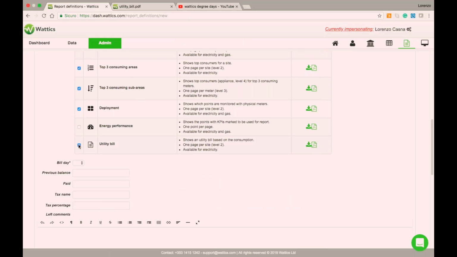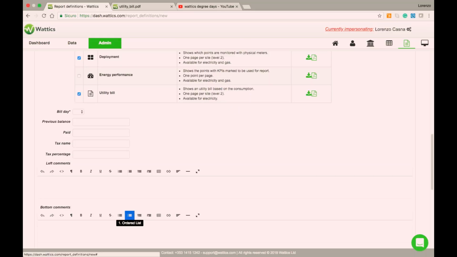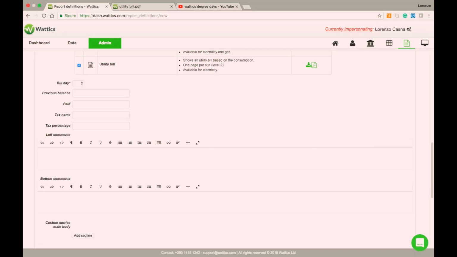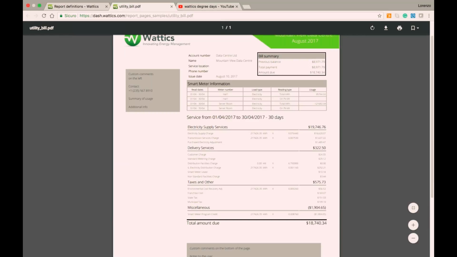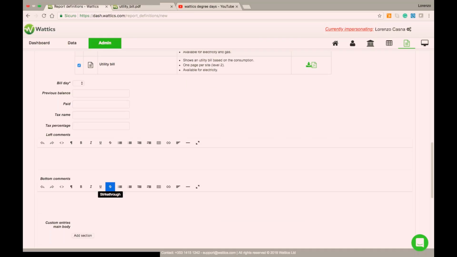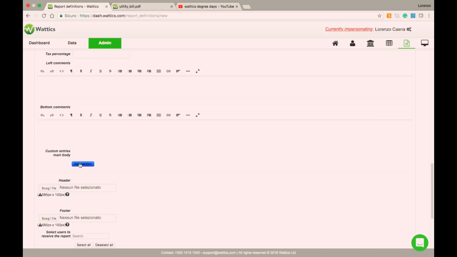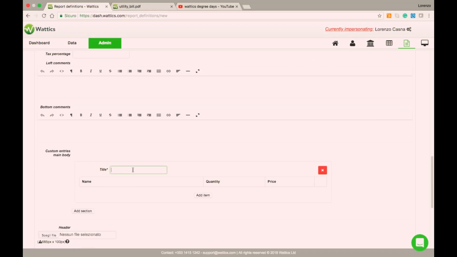Once you click on utility bill, a bunch of information will appear that you can upload, such as previous balance, information about taxes, and comments on the left and on the bottom, that will populate basically this area. This is the left comment and this is the bottom comment part. And then here you can add the custom entries, so the sections here,